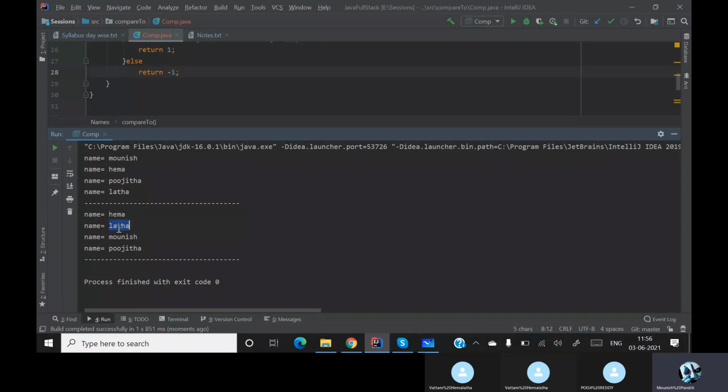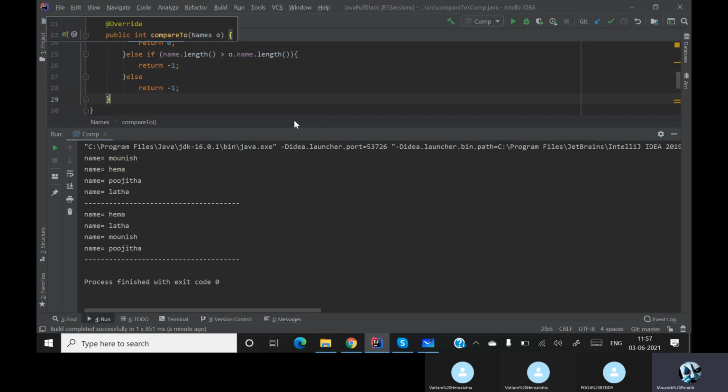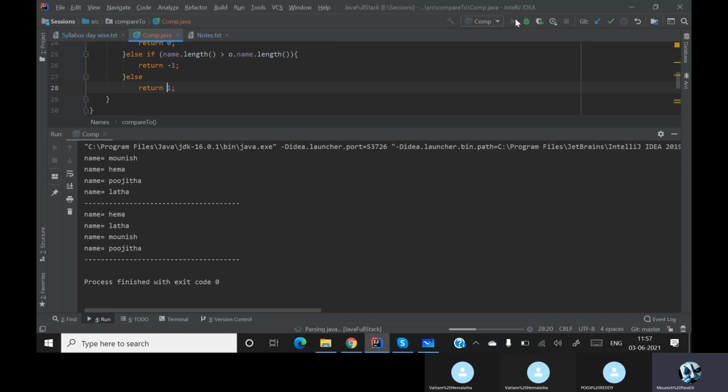Lata has 5, Monish has 7, Pujita has 8. So it is sorting in the ascending order. If I want it in the descending order, I need to just put -1 over here and make this +1. And if I run this, it will return me a descending order.